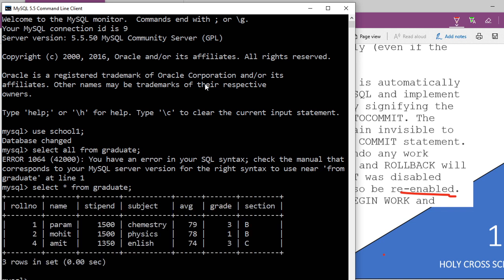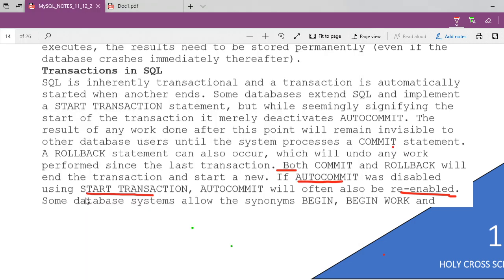That "all" was not accepted, but ALL is also a keyword. You can try ALL or asterisk. So we have this table. Now I'm going to start the transaction. See what statement is applied here: start transaction. So that we are going to start a transaction here.